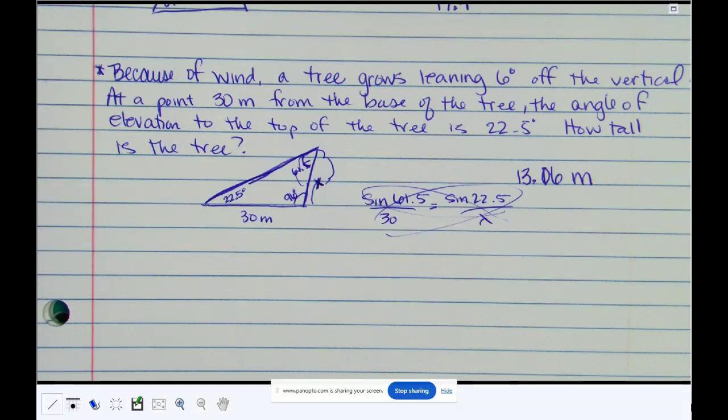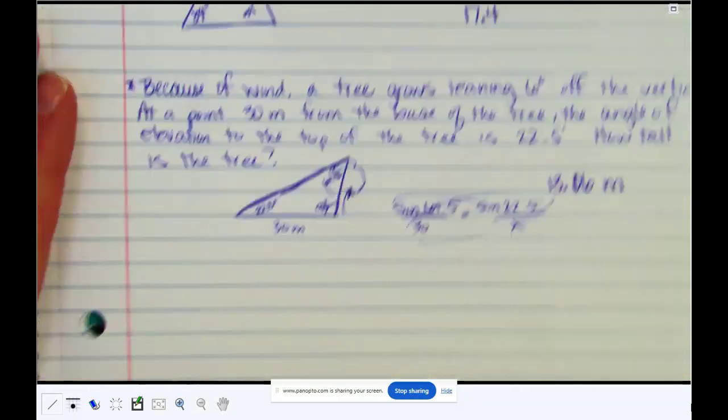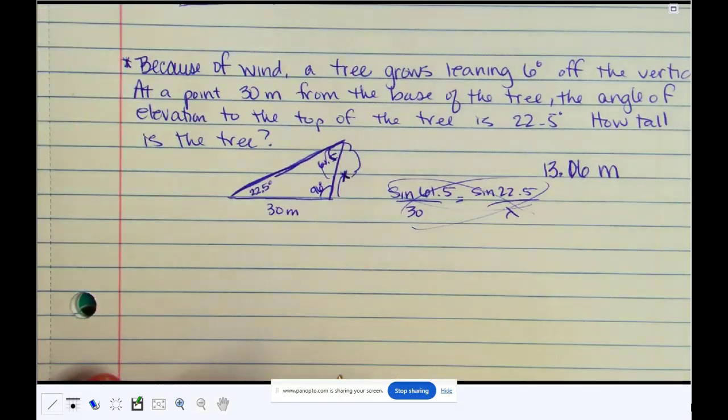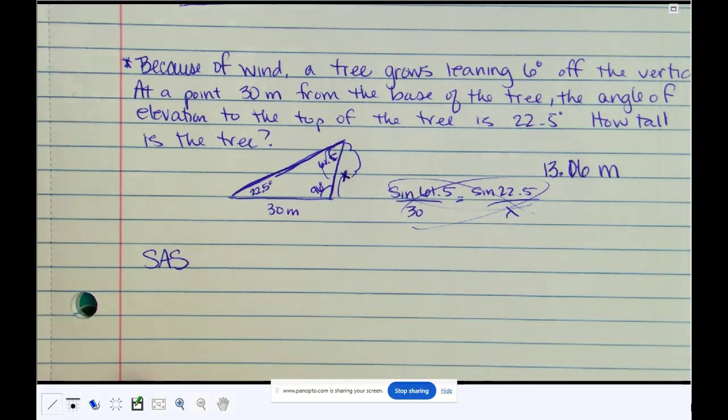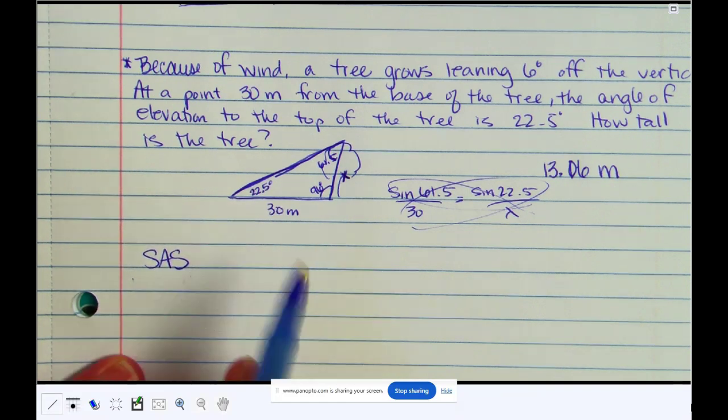Okay, now, do you guys have any questions about basic law of sines? Not hard, right? Especially after what we were doing, right? This seems like light work. So, here's what I want you to realize. Do you remember, go back to geometry class. Do you remember if you see something like that, what does that refer to? SAS. What's the S stand for? Yeah, this is side angle side.